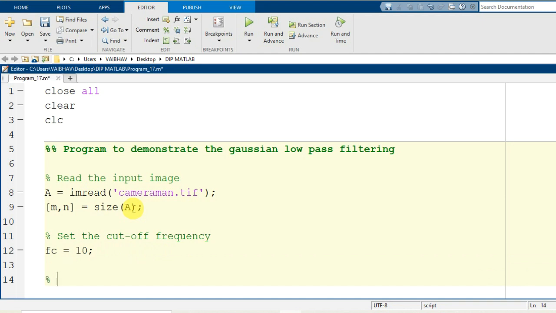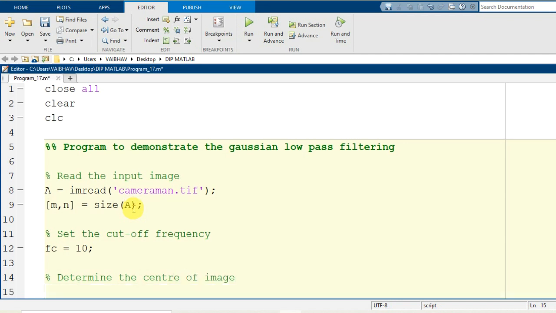Now we have to determine the center of the image so that we can apply the filter mask properly with complete overlapping. So I will write: determine the center of image plane. For that purpose I will generate two more variables that give me half of the dimensions of each side.